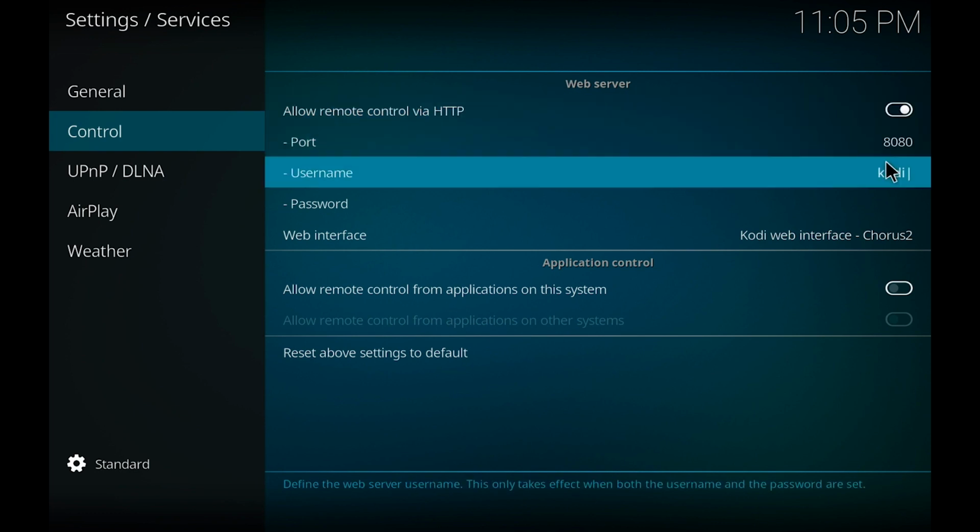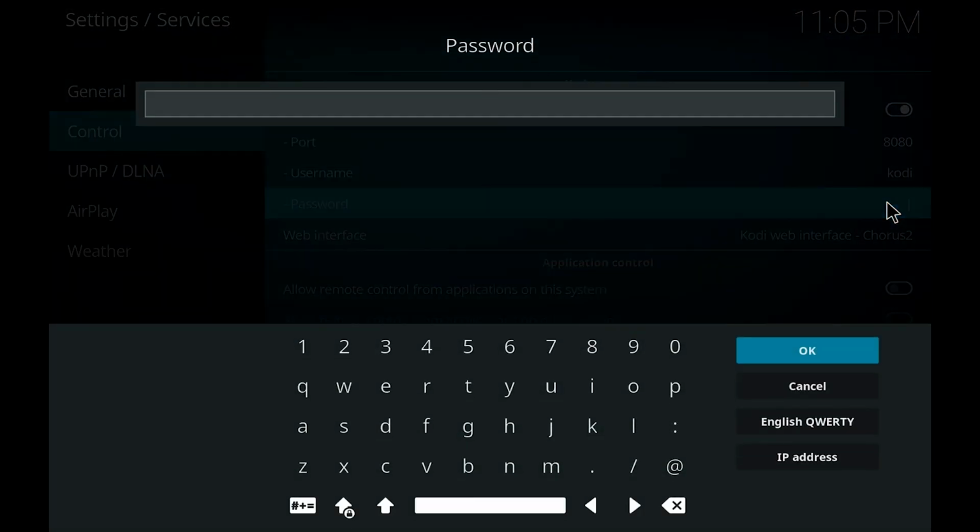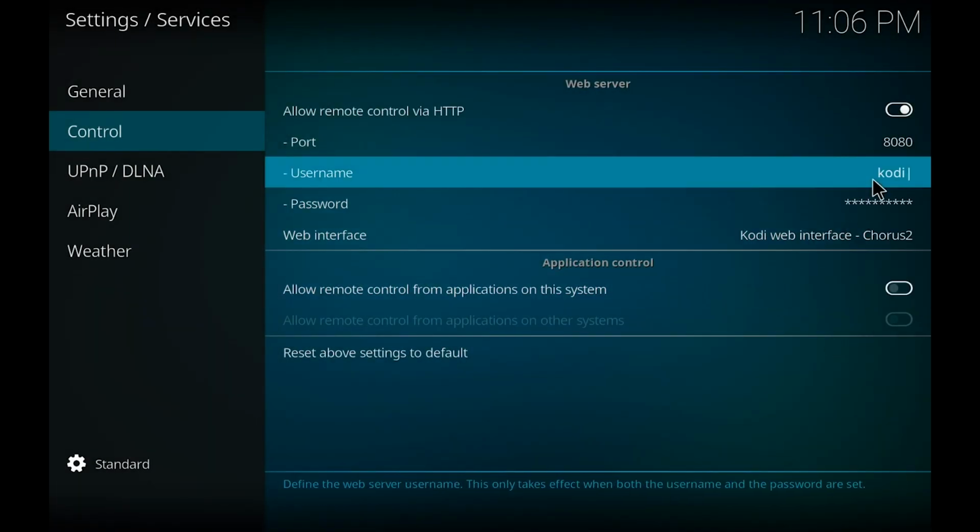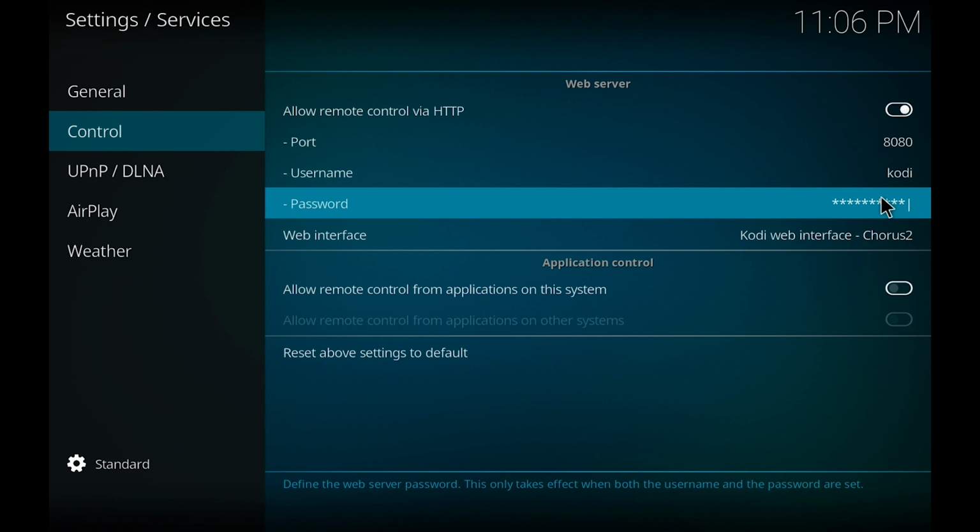I won't go through the initial Kodi wizard because it's pretty self-explanatory and straightforward. Instead, I will focus more on the Home Assistant part, and I will only show you the important Kodi options for that. Enable this if it's disabled. You can change the username, by default it's Kodi, and enter a password here. Click OK. Now you can use this Kodi username and password in your Home Assistant configuration. Let's add Kodi to Home Assistant.